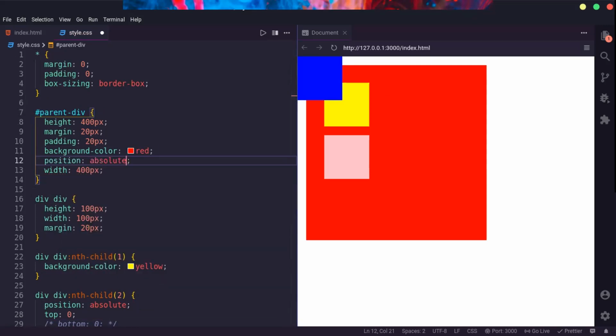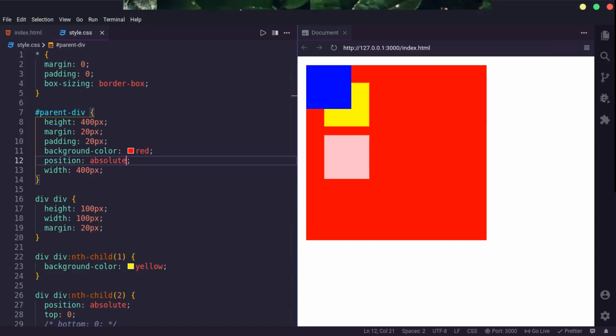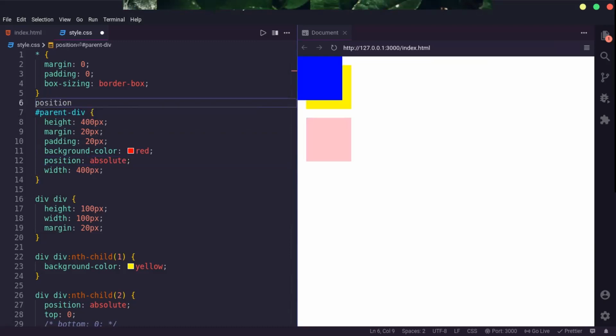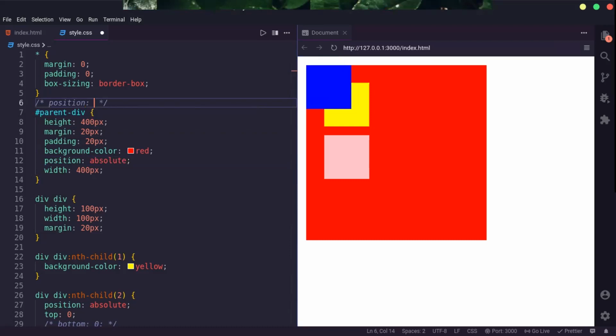I told you that by default the position is static, but the position can be static, relative, absolute, fixed, or sticky.